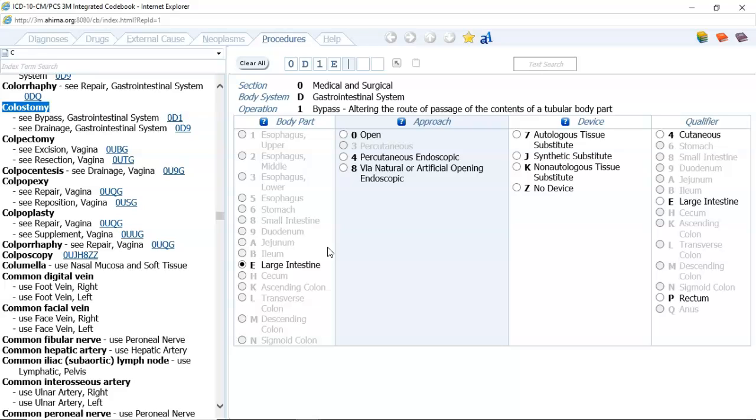And typically this approach is open. And then there may be a device that is utilized, and then the qualifier typically for this is cutaneous because it's coming out the skin. And that's the colostomy that we're looking at